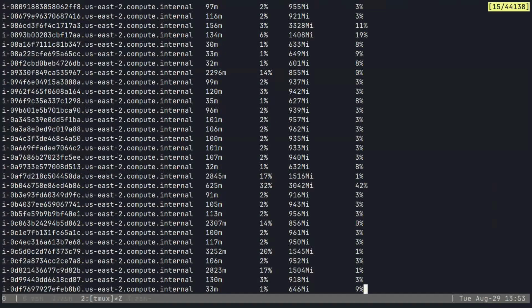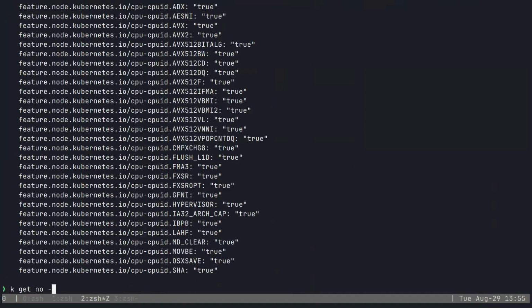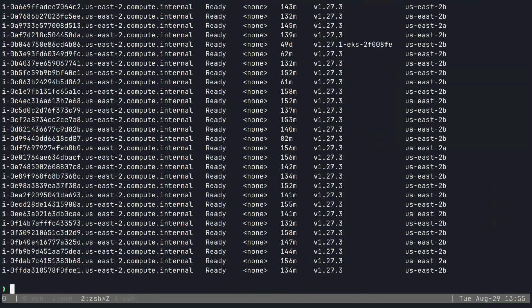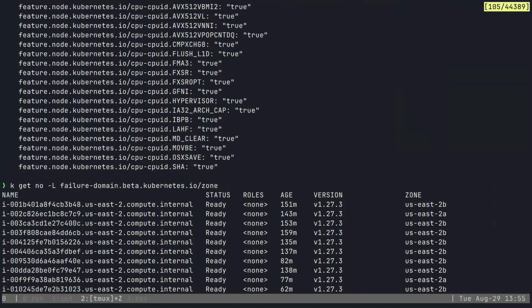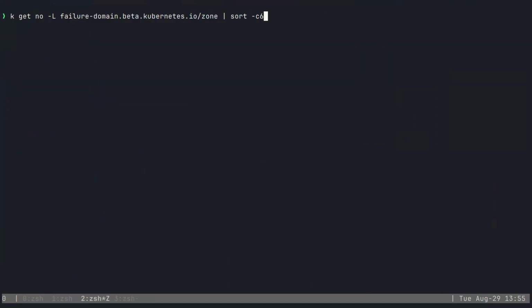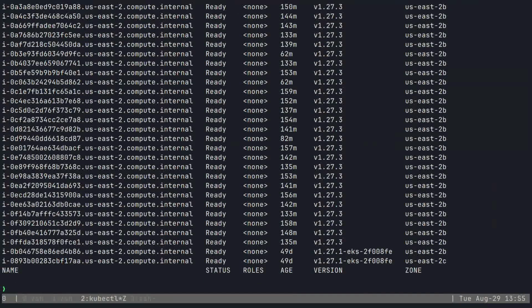Okay, we need to clean this up real bad. And so let's figure out how we can make this a little more stable. All right, so the other thing that I noticed here is we're not running highly available like I expected. If we look at the zone on the output and then sort by zone, we have one node in 2C.